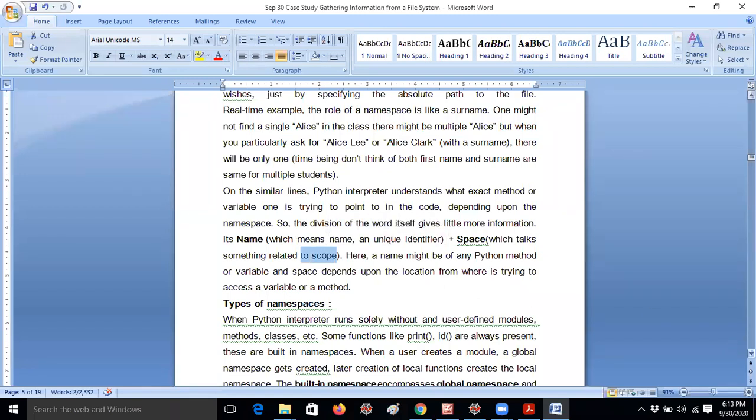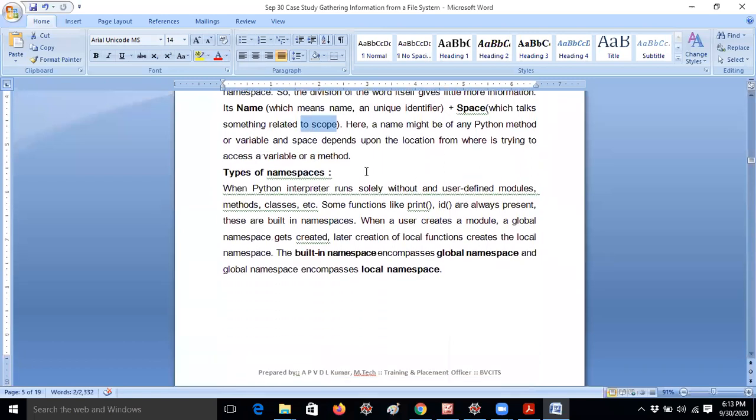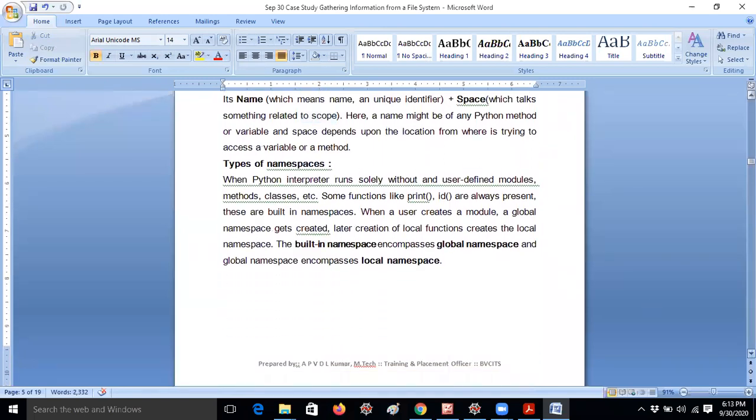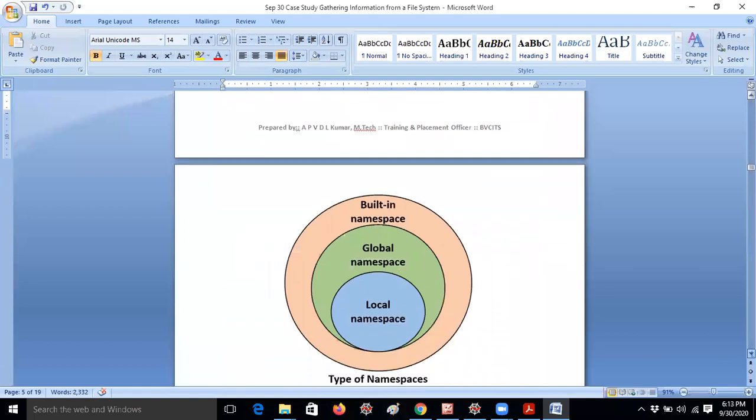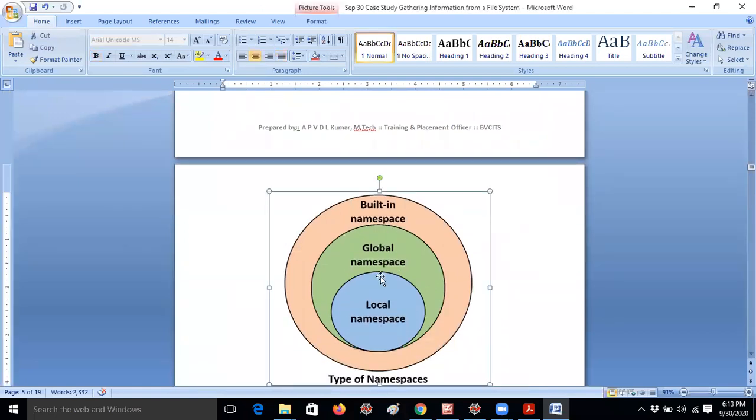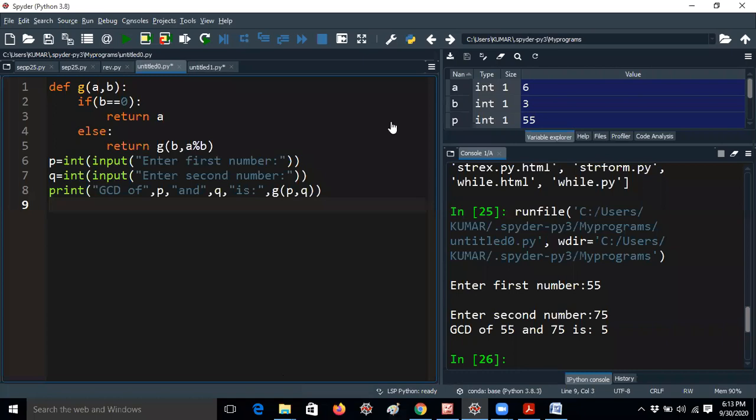Okay, there are different categories of namespace you can easily guess. Let me open this. The built-in namespaces are basically of 2 types: one is the local namespace and another one is the global namespace. Many students know what is global and what is local. Let me explain with a C language concept, guys, because I think you are familiar already, but I will tell you.